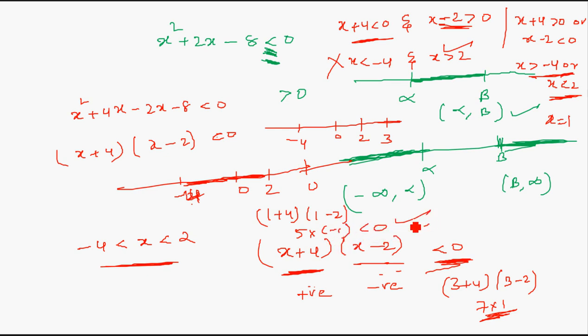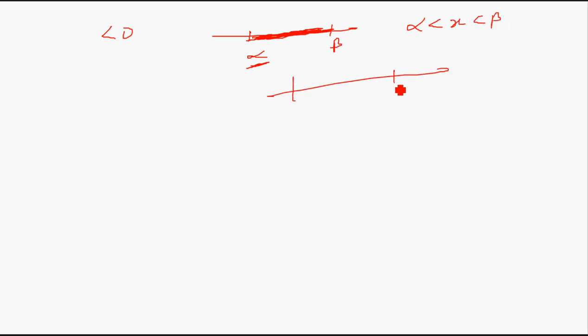and this is getting satisfied. That you can also do, but the simple solution is: if the inequality is less than 0 and you get roots, say alpha and beta, then the solution will be this one, and you need to write it down. If alpha is the lesser value, you need to write alpha less than x less than beta, and if it is a greater than inequality and alpha, beta are the roots, you need to simply write x greater than beta or x less than alpha.